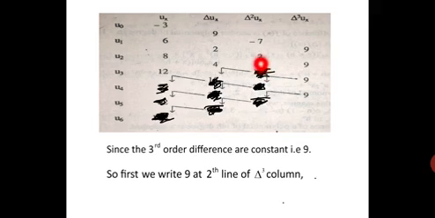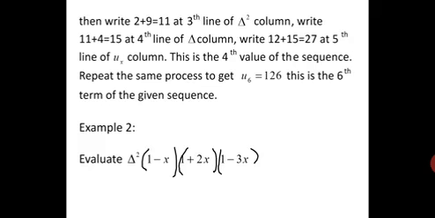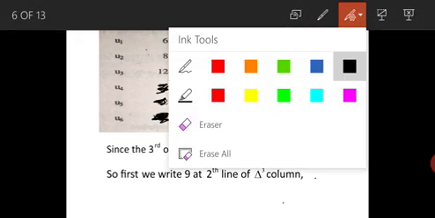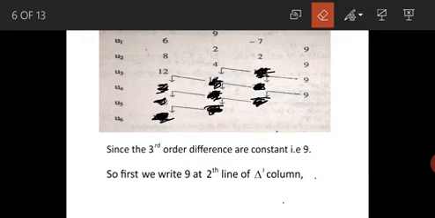So what will I do? I will add this 2, 9 plus 2. Otherwise you can say this required value minus 2 is equal to 9. If you send this one to the LHS, it will become 9 plus 2, like that. Okay, 9 plus 2, it's 11. So I have to write 11 here. We will write the 11 value. I will write 11 here first. Okay, this is 11. Fine.